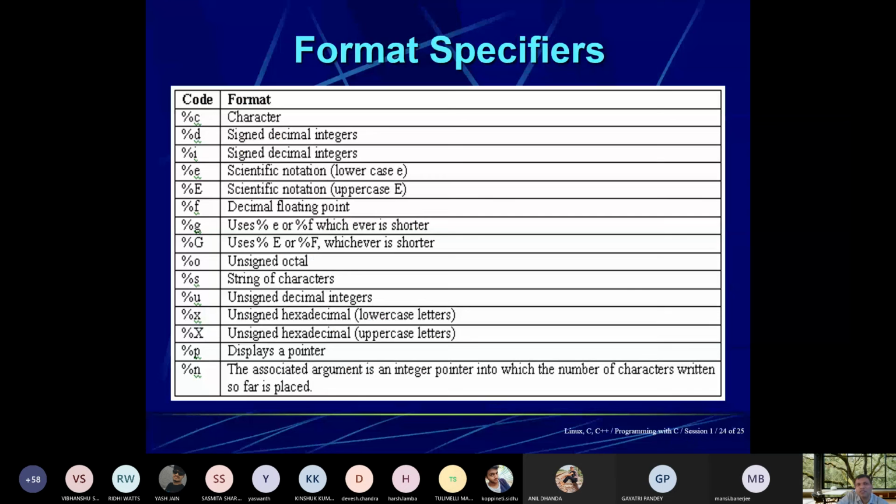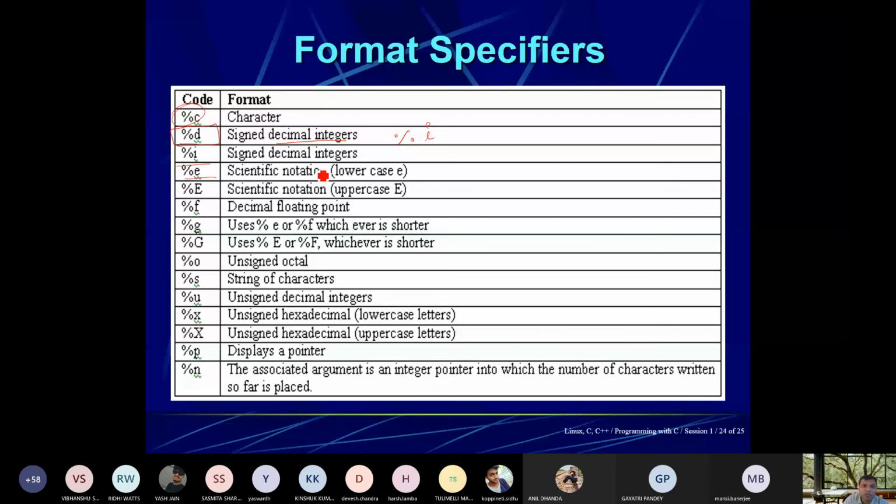So we will see all these things, and then format specifiers for different types. For character we use %c. For decimal integer, we use %d. Initially it was %i, and even %i is given here, signed decimal integer. %e is scientific notation, lowercase.